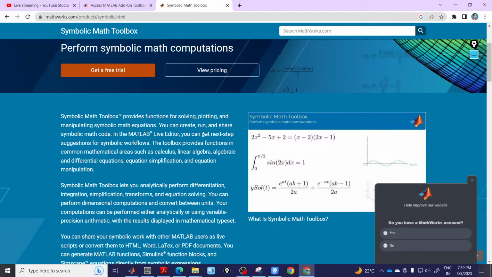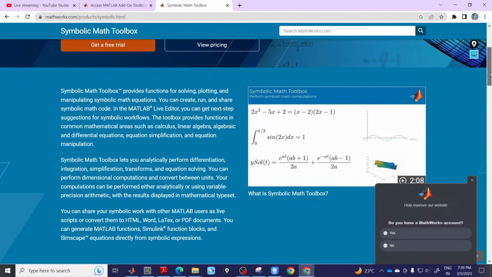You can create, run and share symbolic math code. Okay, a live editor is also there. The toolbox provides functions in the common mathematical areas: linear algebra, calculus, algebraic differential equations, equation simplification, equation manipulations, and many more. Okay, so all the information you can easily get about this